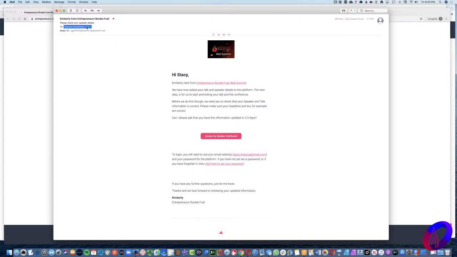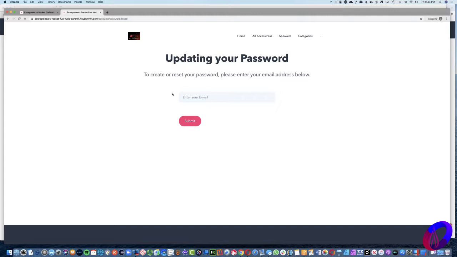If you don't have that function or you're on a different system, just get a hold of the person and ask them exactly which email address they sent it to you at so that you would know. That'll just help you make sure you can get your password. So you'll put that email address here. You'll hit submit. It's going to send you a password reset, and then just put your password in. Then you can go to the sign in screen itself